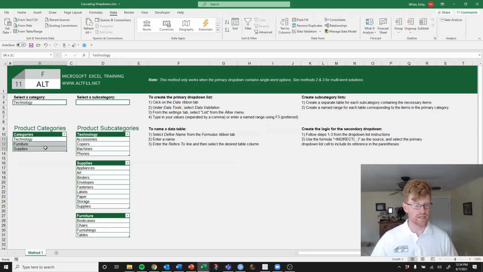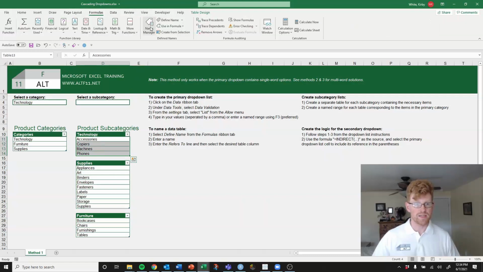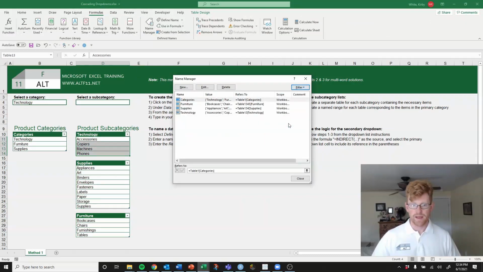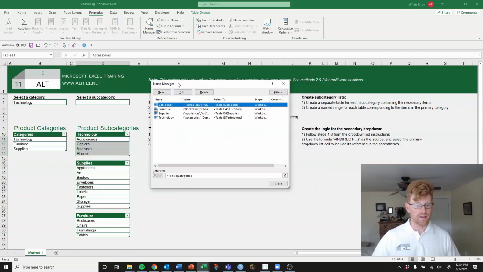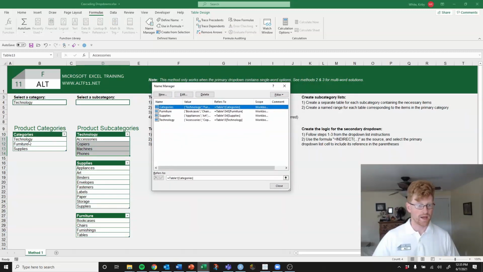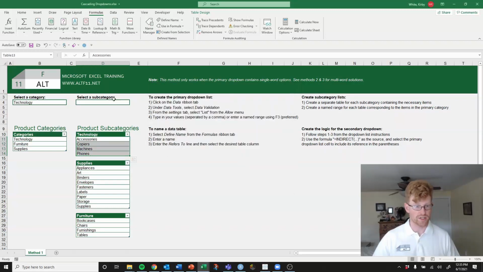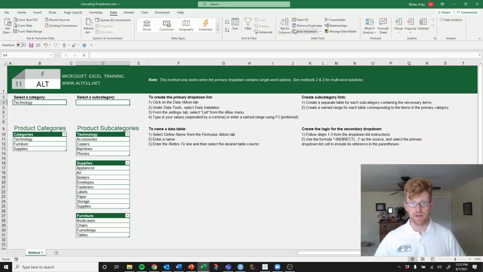What I've done is already set up the product categories table and built a separate table for each subcategory. And what I did is I named each of these tables based on the associated option from the product category. So this technology table is referencing these 4 rows from this table. And so the name of these 4 cells is called technology. And that's going to be really important,